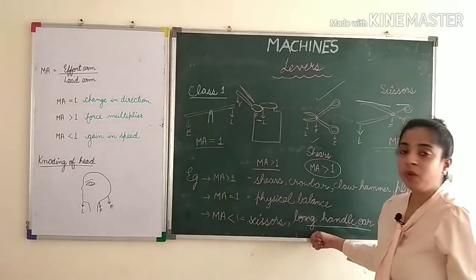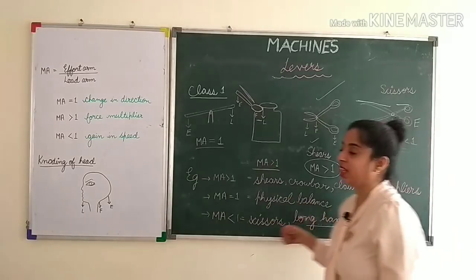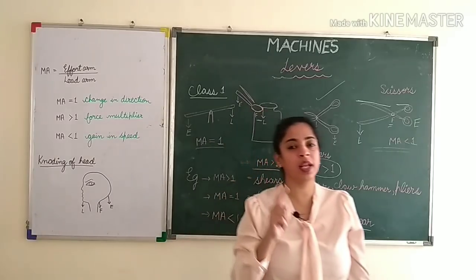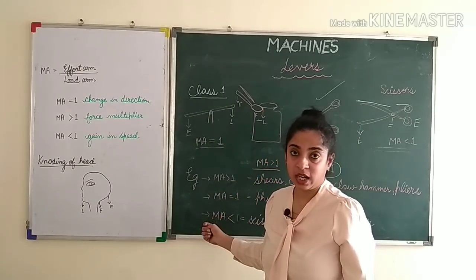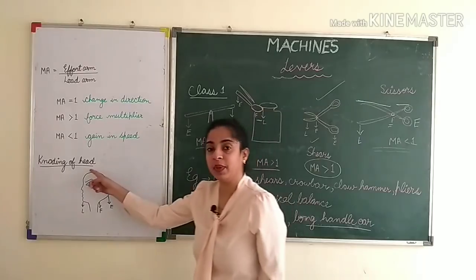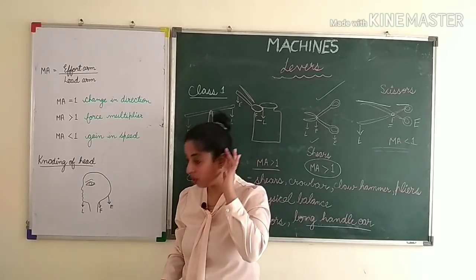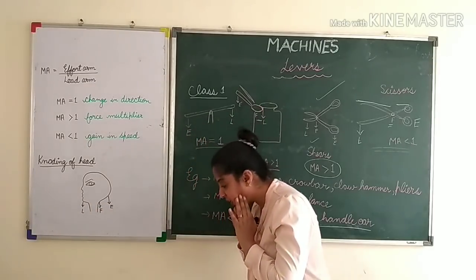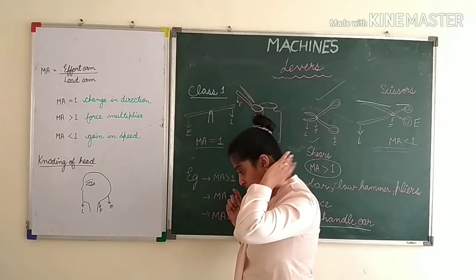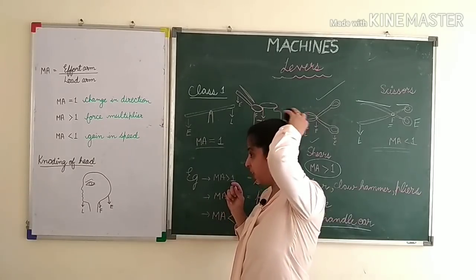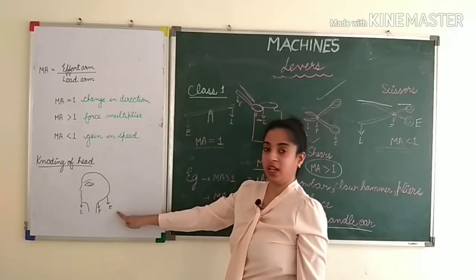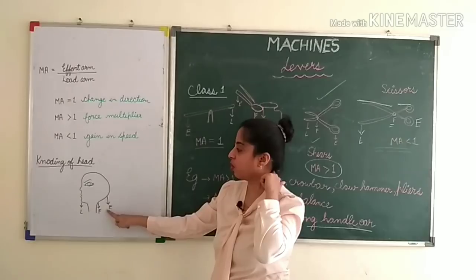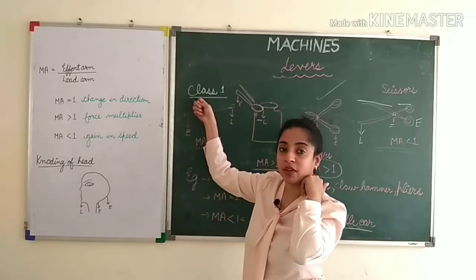Okay. Now one more important question that comes from this section is use of lever in human body. So you should remember one example each of all the kinds of lever. So in class 1 lever, the example is nodding of head. So whenever you are nodding your head, your load is this side. ठीक है, आप अपना सर नीचे लाने की कोशिश करते हो, तो load is this side. जुड़ा हुआ कहाँ से? यहाँ पे, और हम effort यहाँ डालते हैं कि वो पीछे आए. तो effort पीछे है, fulcrum बीच में है और load यहाँ है. तो जहाँ पे भी fulcrum बीच में होगा, it will be class 1 type of a lever.